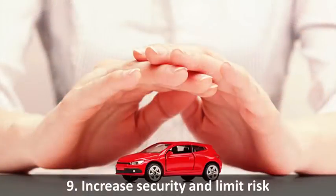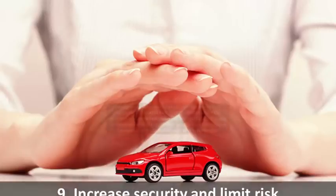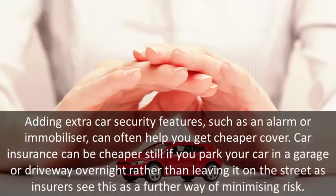9. Increase security and limit risk. Adding extra car security features, such as an alarm or immobilizer, can often help you get cheaper cover. Car insurance can be cheaper still if you park your car in a garage or driveway overnight rather than leaving it on the street, as insurers see this as a further way of minimizing